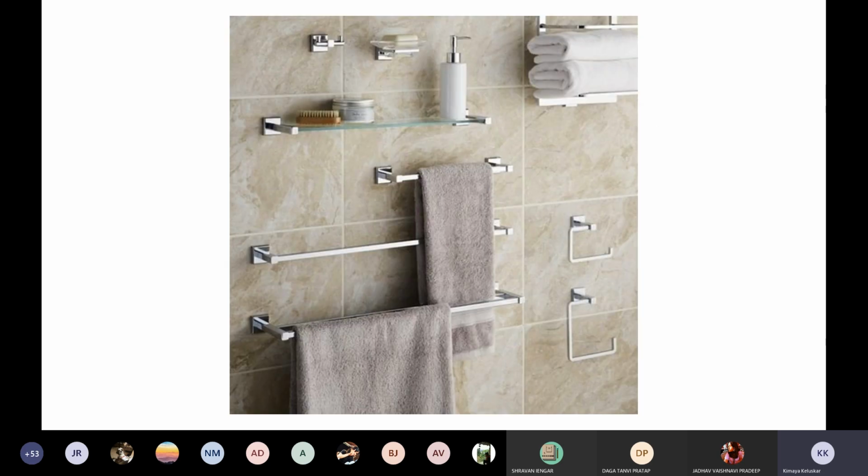Now these are a few accessories. We just got this picture to make you understand that there are different kinds of toilet rods and holders. So there are these shelves and racks that you can get. You have different sizes of napkin holders, which you see on your right hand side, bottom two. On the topmost, you have this robe hook, we call it, which is nothing but hooks to hang your clothes.